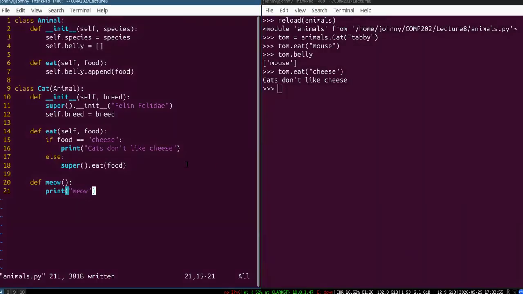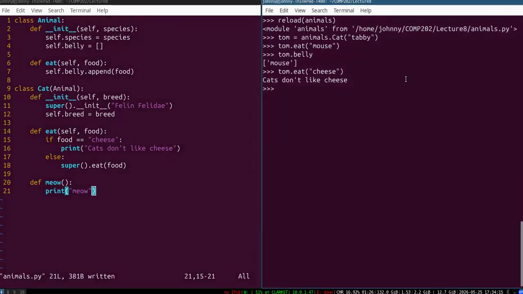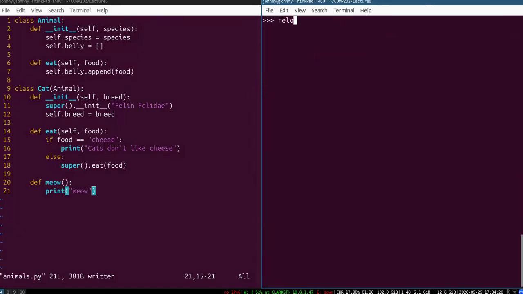So as far as inheritance goes, I think that just about summarizes what we should cover for the moment. Let me check my notes here to make sure that I've covered everything I wanted to say on that. Oh yeah, I suppose an important thing to illustrate, just to really drive the point home, is that if we were to try and reload this,